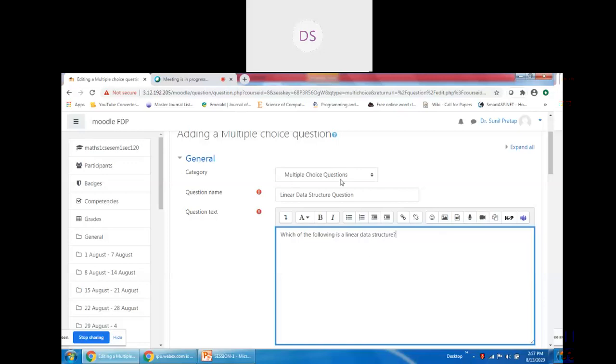Multiple choice category, linear data structure question. You may write Q1 also as per your convenience, but you should remember what question one is referring to. I have just written a few words to identify the question when I prepare the quiz, so I know which question I need to incorporate in my quiz.